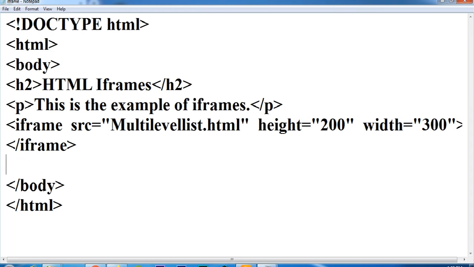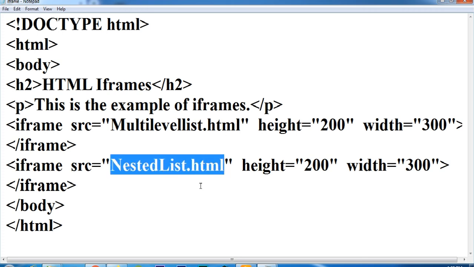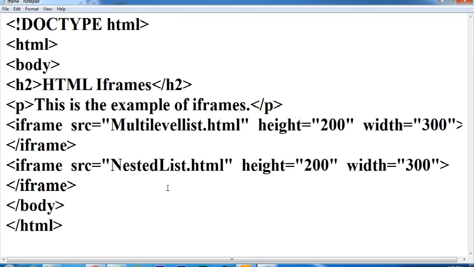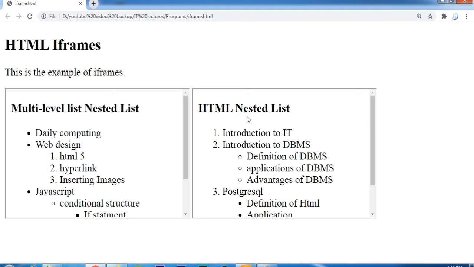If I add another frame in this program, see, I am using another iframe tag, and this is a different program. You can consider it as a different website. If we refresh this again, you can see another iframe here, and another program is opening here. This can be considered as another website. So you can add many frames in the main frame, and you can have many websites on the same screen.